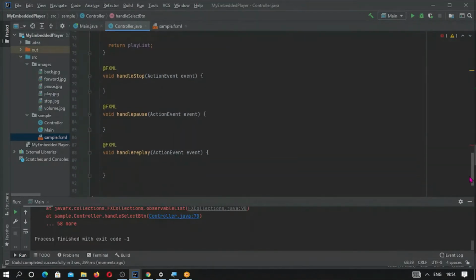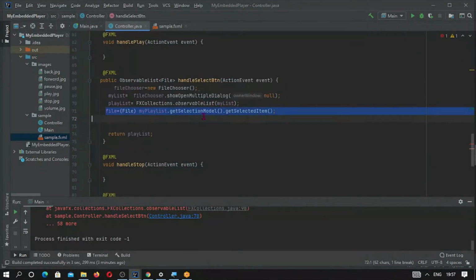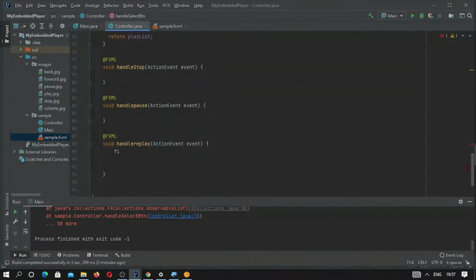So here is the play handler. Let me first give the file to this one, and it will be converted into media. The file is not required here, so we can shift it into our play method.